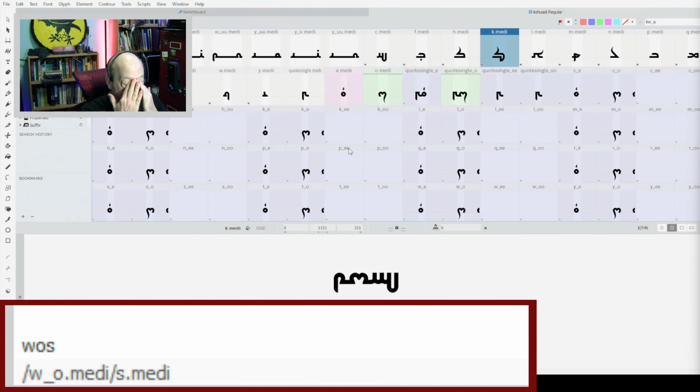I don't know. Diacritics, for anybody who doesn't know the word, just means additional marks, like the dot over a lowercase I. That's a diacritic.